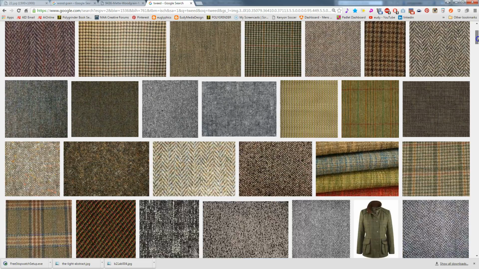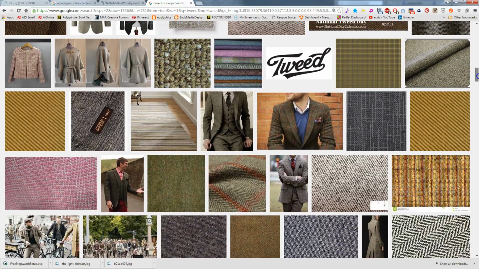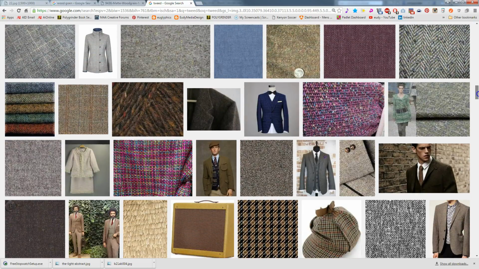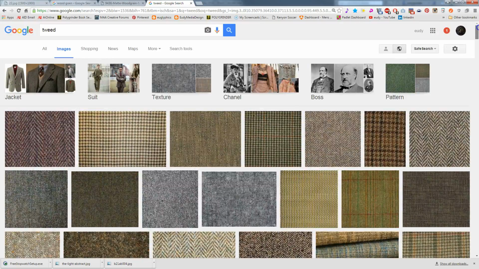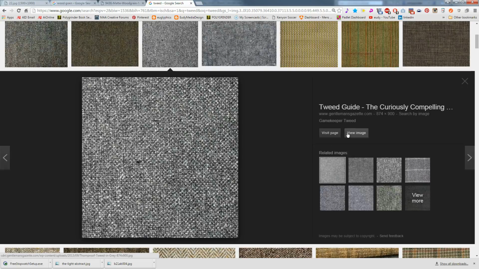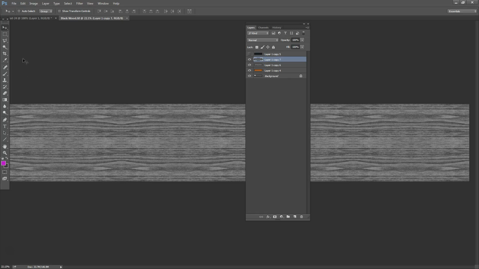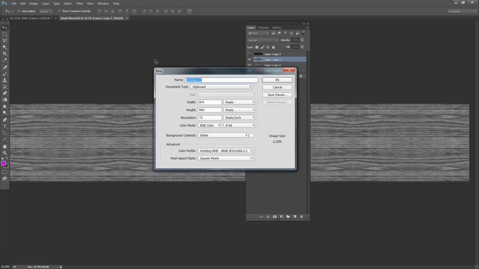So we got all kinds of tweeds in here. So we can pull something out of here. I think I like this one. Okay, so let's go with this one. So we'll copy this one, and we'll take this one into Photoshop, File, New,